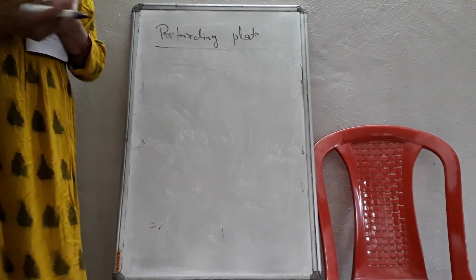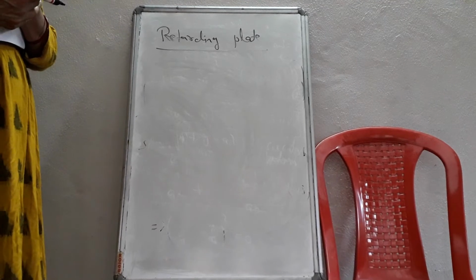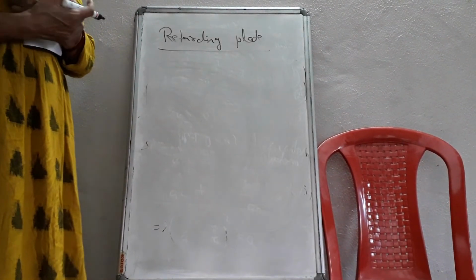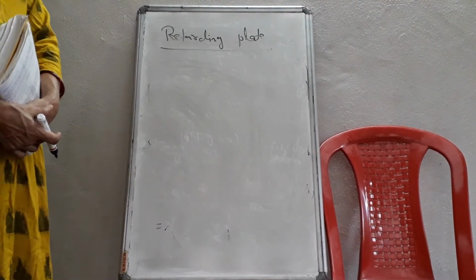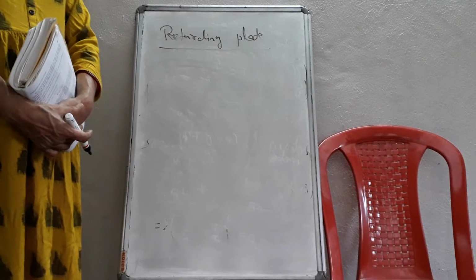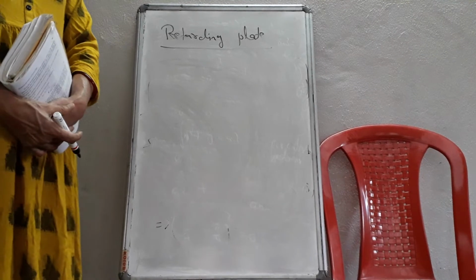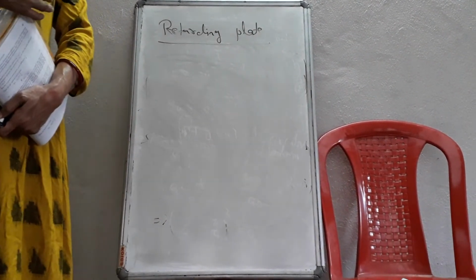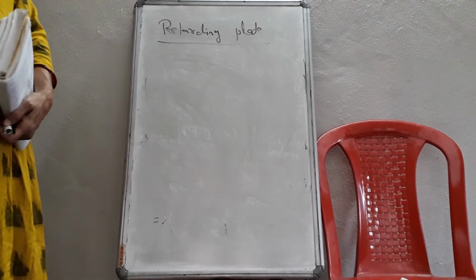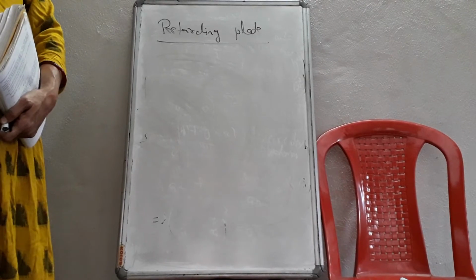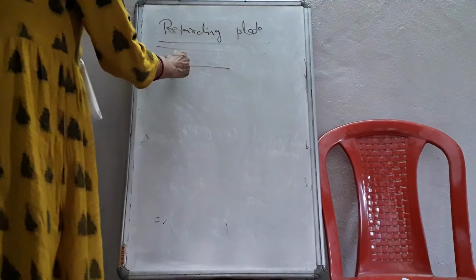This is simply a plate of certain thickness made of calcite crystal. I told you last class, calcite, tourmaline and quartz are doubly refracting crystals. You must remember the double refraction I discussed last class: when light enters this type of crystal, it splits into two refracted rays. This is called double refraction. Both are polarized, so we get two polarized lights by this double refraction. So retarding plates are calcite crystals of certain thickness.